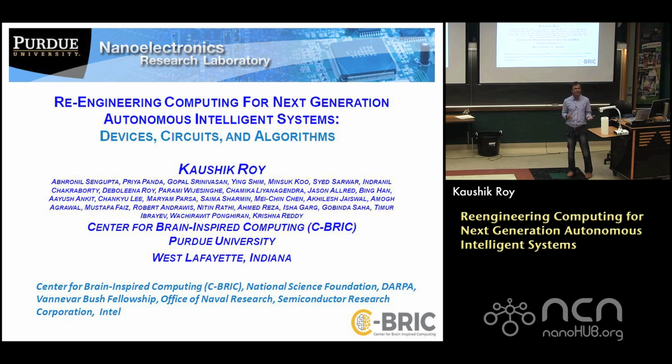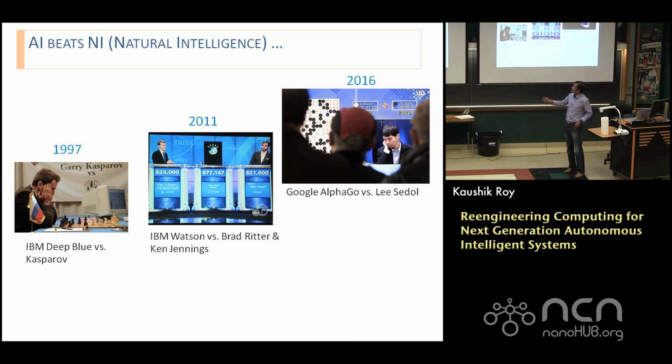Since you've all heard of AI and deep learning, deep learning certainly has made a huge amount of progress, and you see it in the news almost every day. You hear the news that AI beats natural intelligence, and it does. Today it's very, very difficult for a grandmaster, let's say a chess grandmaster, or even a Go master, to beat the computers. It's going to be very tough.